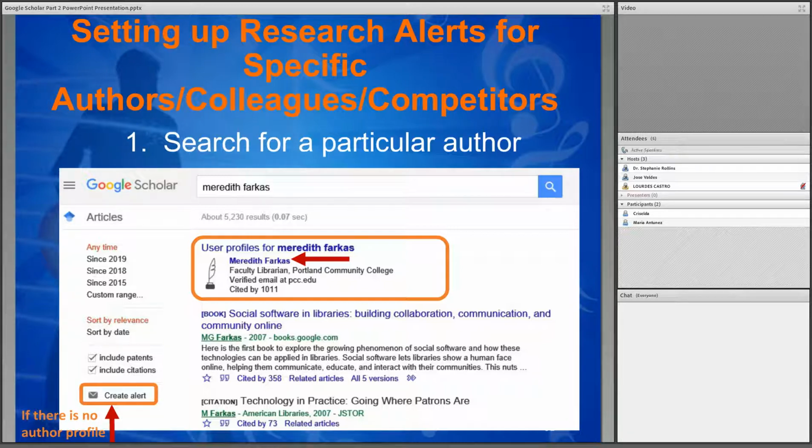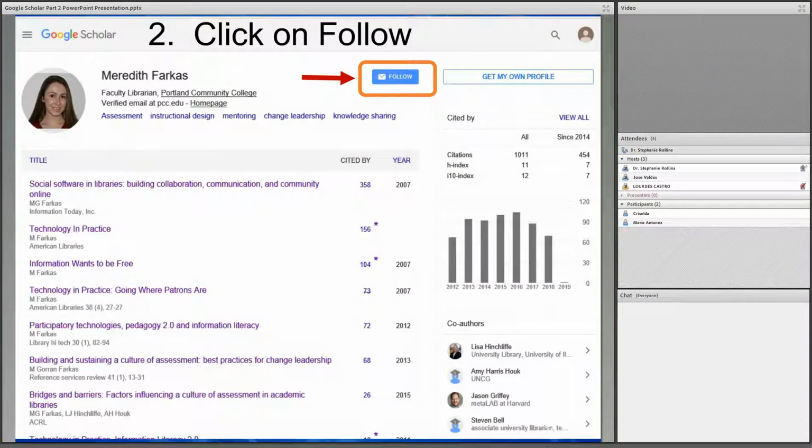And her position has been verified by her university, which is important. And we'll talk more about that later. So I can click on her name, but if she did not have a user profile, I could still type the author's name, and instead I would just click on Create Alert. But since she's got a profile, I'm going to click on her name, and what you've got is this fantastic